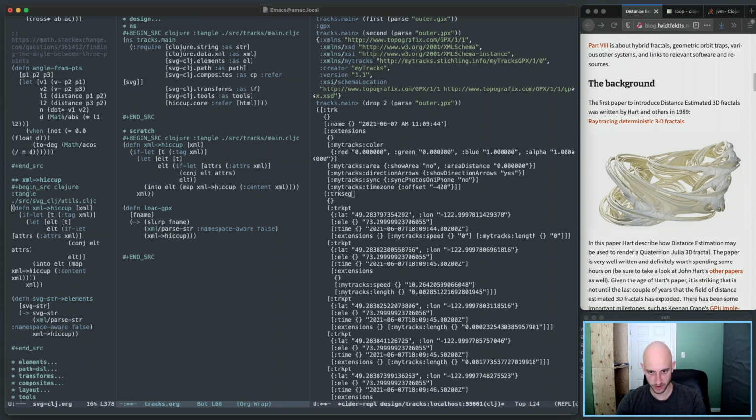Load GPX, we'll call it that. And we'll leave it at XML to hiccup. Then get points of the GPX. Let's do that. And then now here's where I just go into